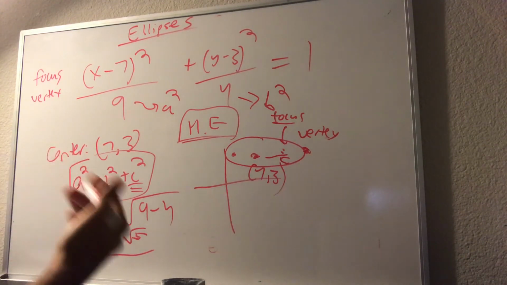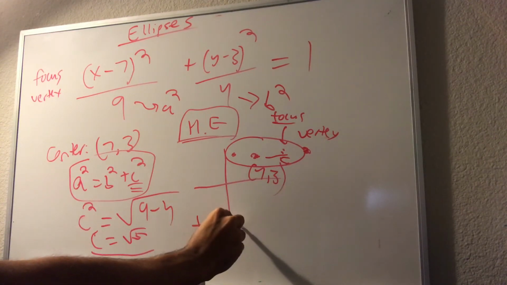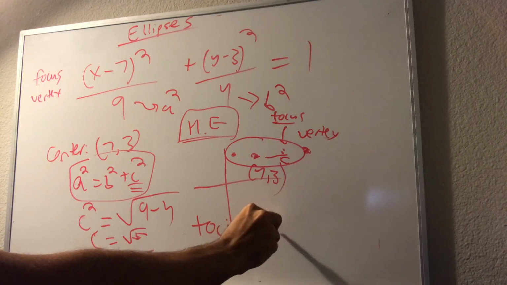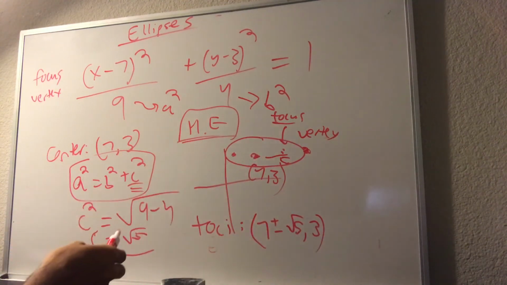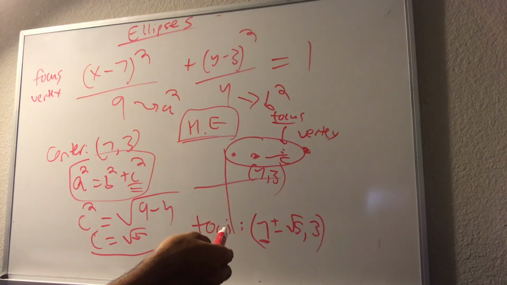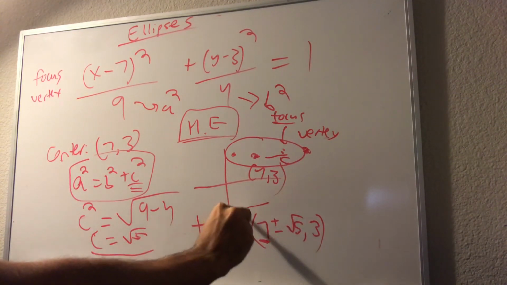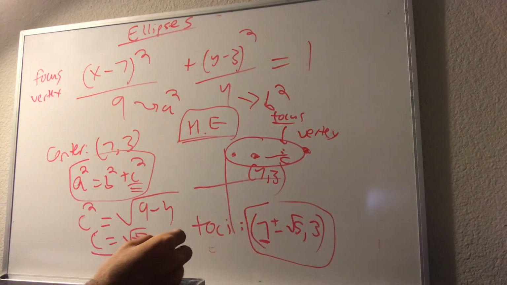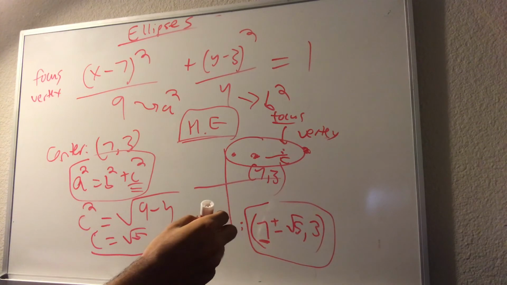So when we're talking about the vertices, we're really going to be adding. To determine the foci, we know in this case it's 7 plus or minus root 5, 3. The reason is because we know this is a horizontal ellipse, and the x-coordinate of the center is 7, and then we're adding plus or minus root 5, because c is the distance to the foci, and 3, because obviously the y-coordinate doesn't change. So this is the point of the foci. And obviously there's one here which is represented by 7 minus root 5,